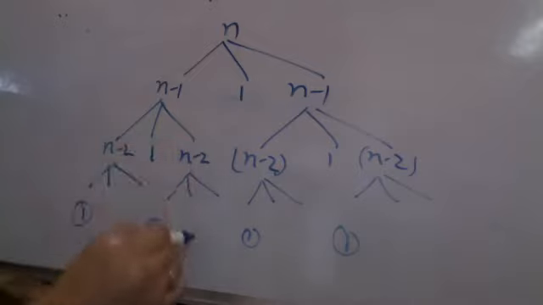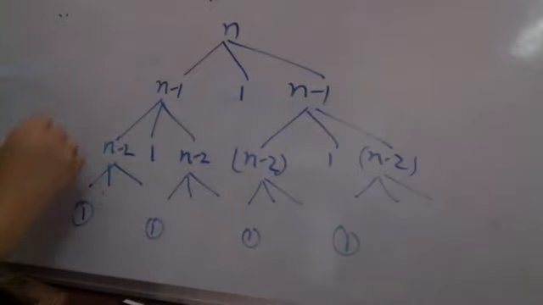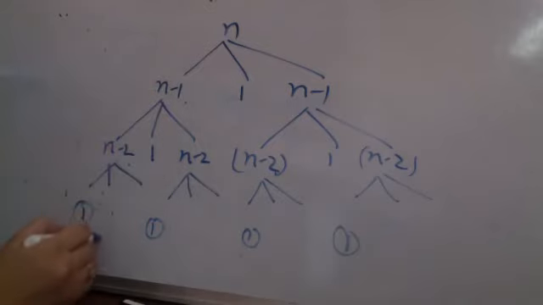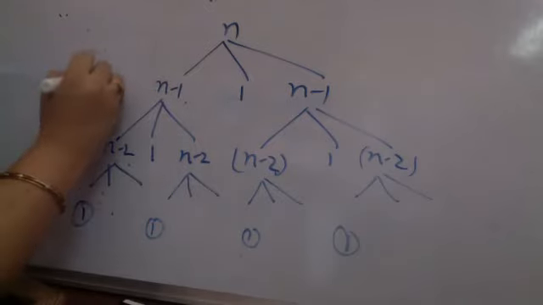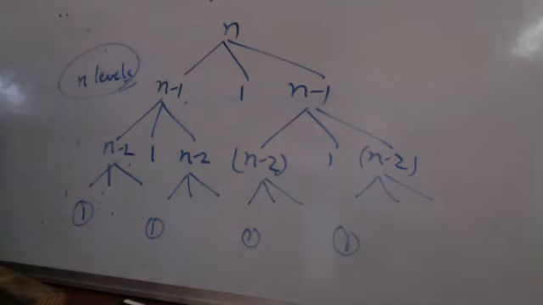So how many levels are there in the tree? -1, -2, -3, and so on. So n levels are there in the tree. N times recursive call will be happening. हर n levels है, ये clear हो रहा है सबको? Yes, ma'am. And at every level, how many recursive calls are happening?